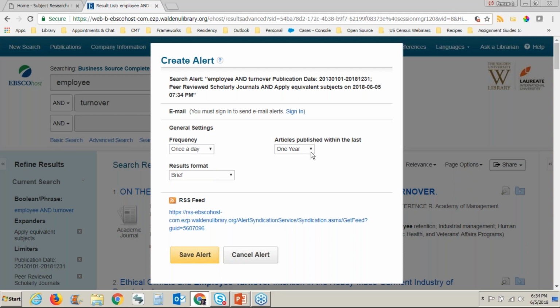But once you've logged in and created an account, you can choose the frequency of how often you'd like to be notified, how recent the articles have to be, and what kind of format you want. Basically, anytime articles are added into the database and would be viewable under the search that you ran and saved here, an email will be sent to the account that you've set it up with, and all of those articles will be listed